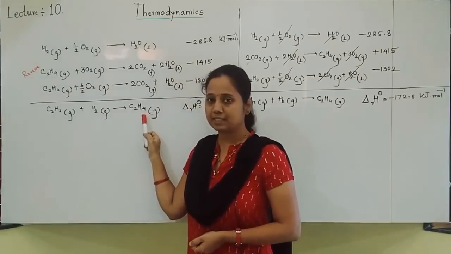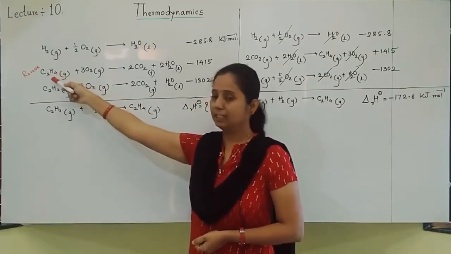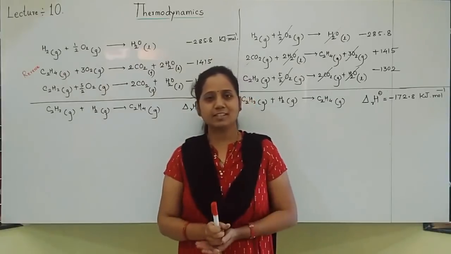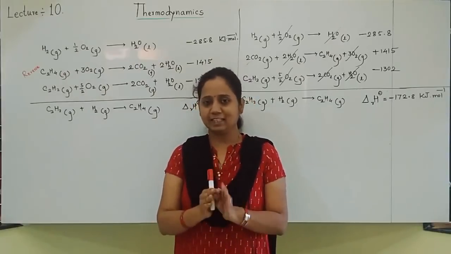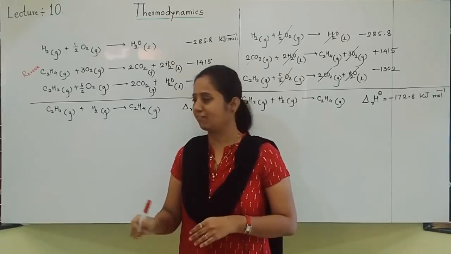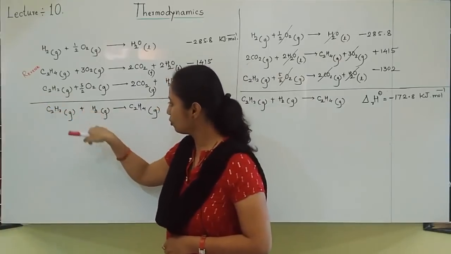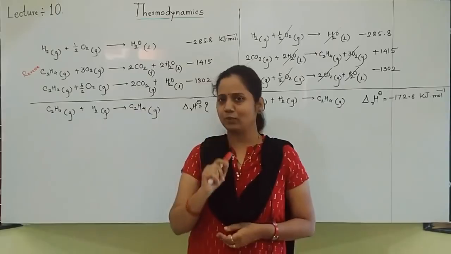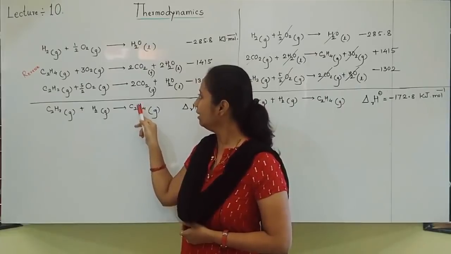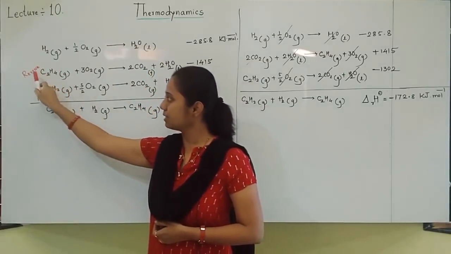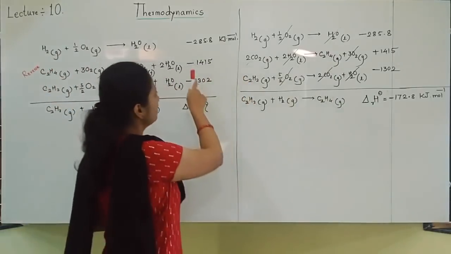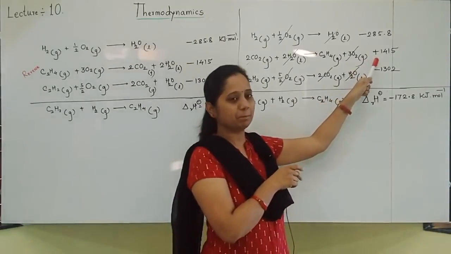Ethene should be on product side, but ethene is on reactant side. So what should be done? Second equation only reverse. This is the only change required, students. In this problem particularly, no other change, no multiplication, nothing is required, because here all stoichiometric coefficients, balancing numbers, are 1 only. Only we want ethene on product side, which is there on reactant side. So reverse the second equation. And by reversing, its value was minus, I will change the sign, it will become plus.